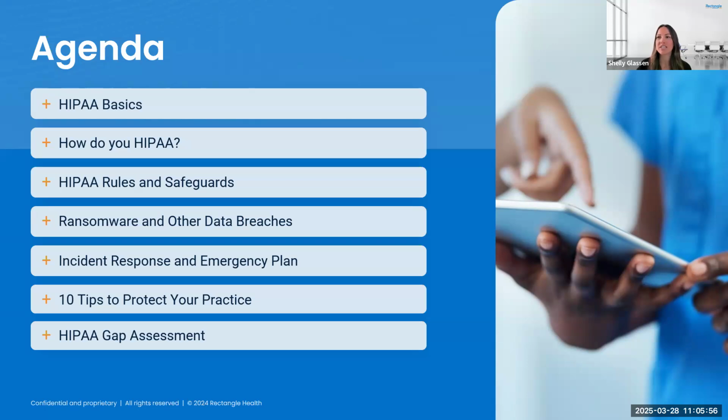So our agenda today is to discuss HIPAA, what it is, why it's required. We know it's not fun. We're going to try to make it as fun as possible today. And we'll go over a little checklist where you can learn a couple different tasks that need to be completed in order to stay compliant, and understand all of the regulations that are in place when it comes to HIPAA